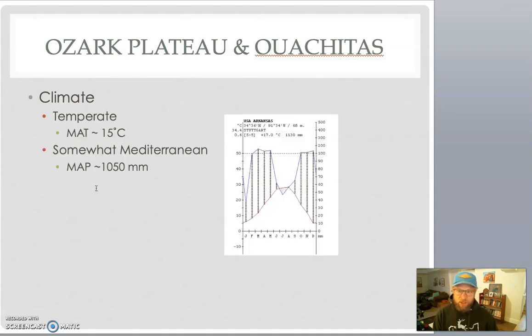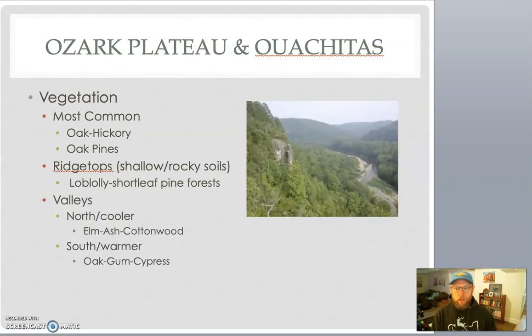So climate, this is just one climate diagram, but what I want to highlight here is that we actually have a fairly distinct dry season throughout parts of these two physiographic regions. And so that means plants that are more drought tolerant, or forest cover types that are more drought tolerant, are going to be ones that are more common in these regions. And so that's what we see, lots of oaks, hickories, and pines really dominating both of these physiographic regions. So oak hickory is really the dominant,